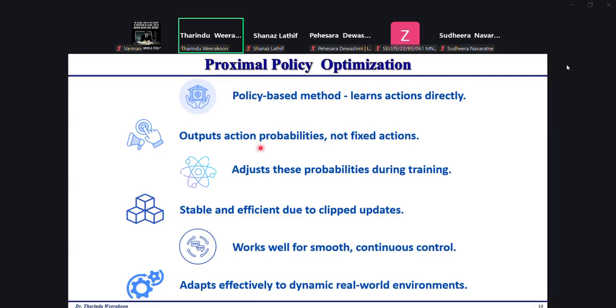Okay, so these are the features of this proximal policy optimization, and the policy will again be updated based on the experience as well.